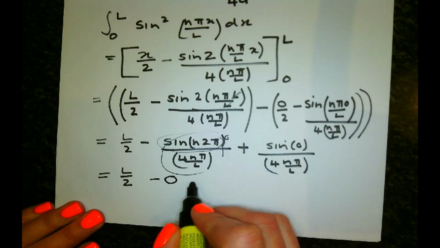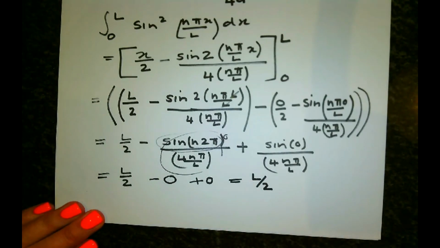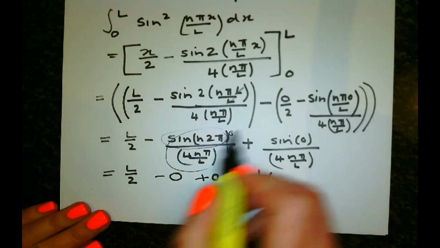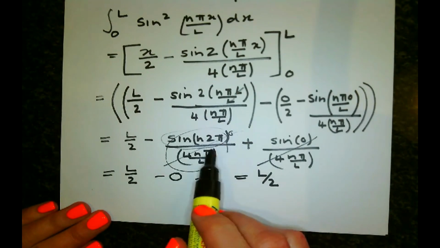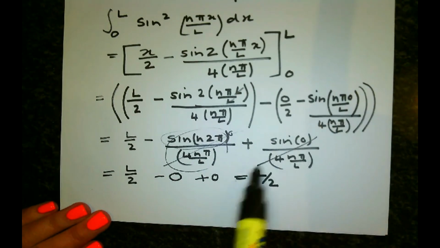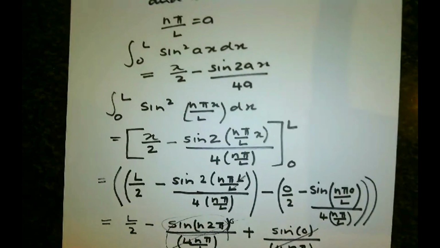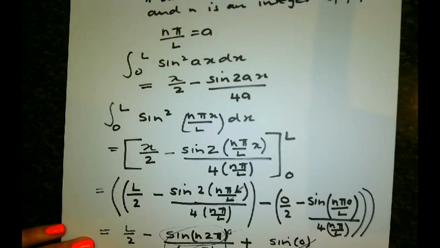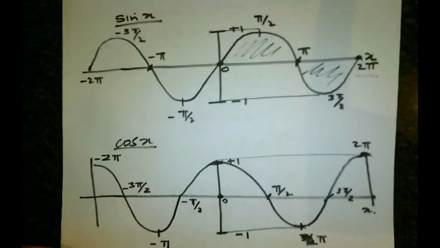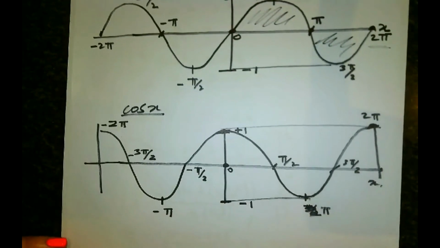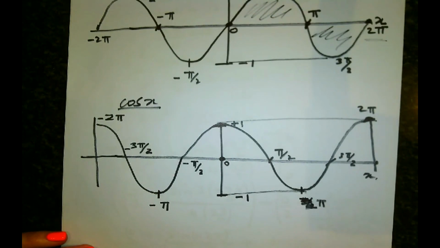And the sine of 0 again becomes 0. So this whole function becomes L over 2, because these two terms just fall away because of the sine function and the fact that we've defined n as being an integer. So this is an example of a more complex integral, and it also illustrates how we use the shape of these sine and cosine functions in our integration. Okay, so this is a summary of some of the tools that we will be using in this